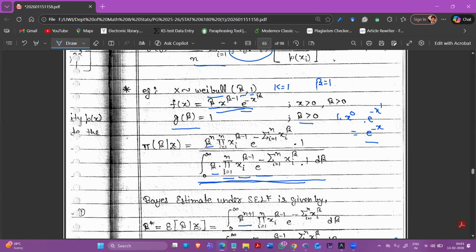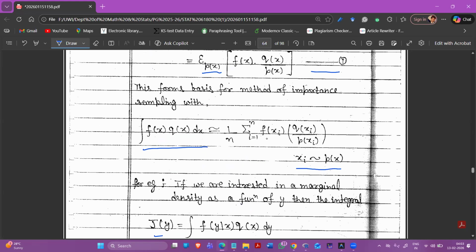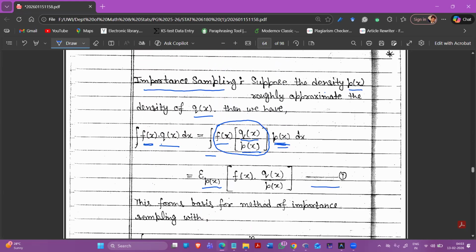Not at all, right? So now we are going to use importance sampling. What was importance sampling saying? Importance sampling was saying that if you have an integral in the form of fx into qx, where qx is your density function and fx is a function of x, okay, fx is not a density, it is any function of x, right? At that time, if you can find some density function px that roughly approximates your given density qx, if you can approximate your density qx with the px,